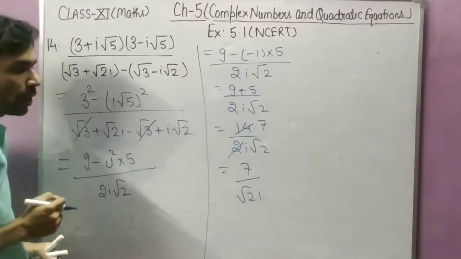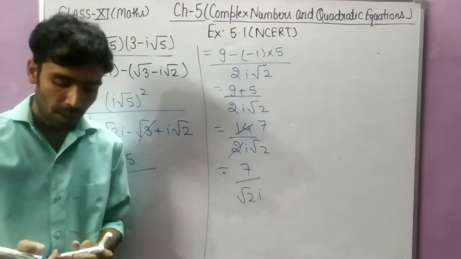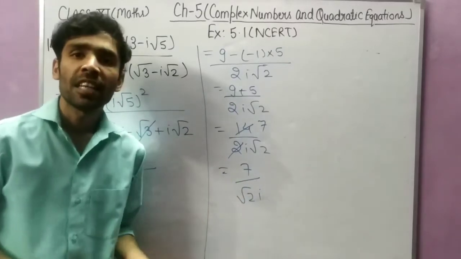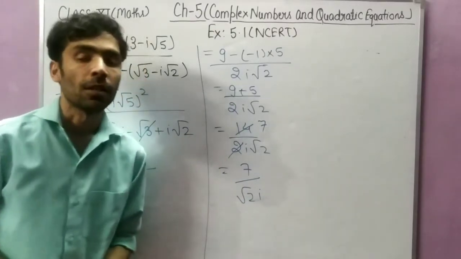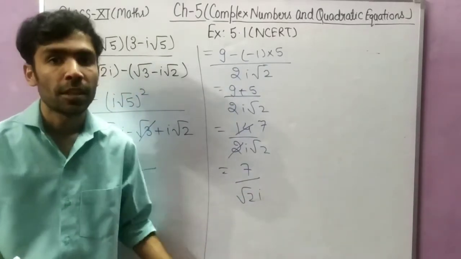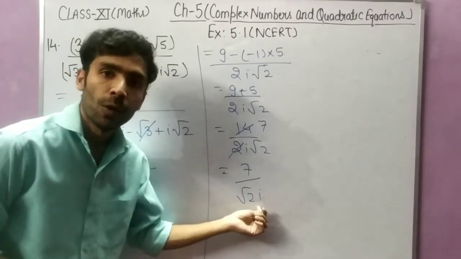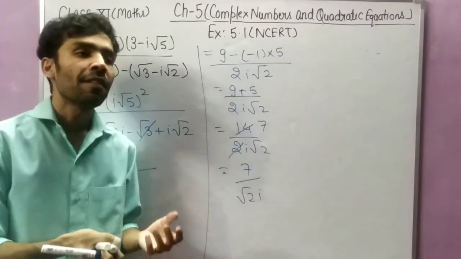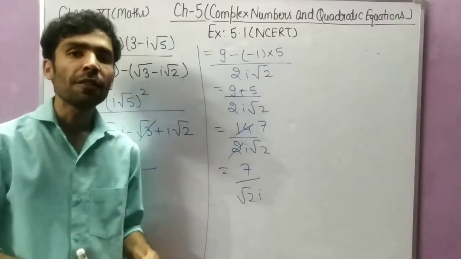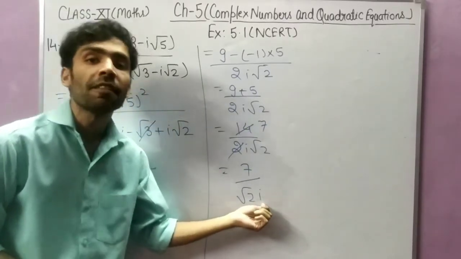Okay, now student, whenever we solve complex numbers, we always see that whatever imaginary part is given, that should not be in the denominator. Sorry, imaginary part cannot be in the denominator. So first what we will do, we will rationalize it. We always know, whenever we see the root sign in the denominator, we can rationalize it. Similarly, for complex numbers, whenever we see i sign in the denominator, we can rationalize.